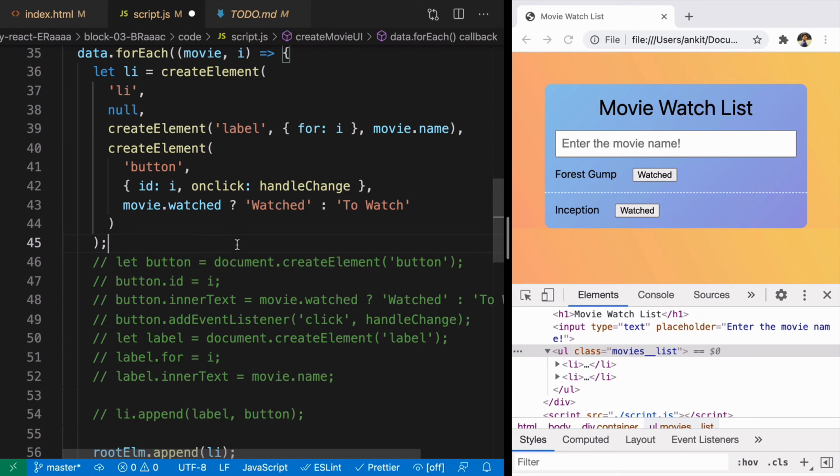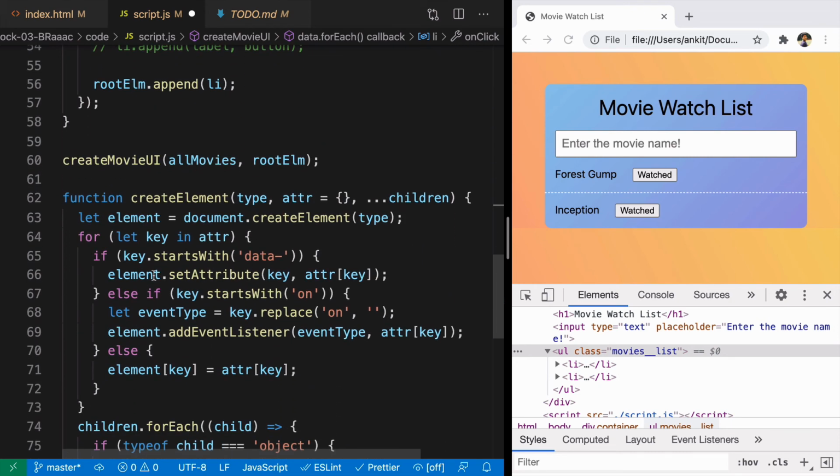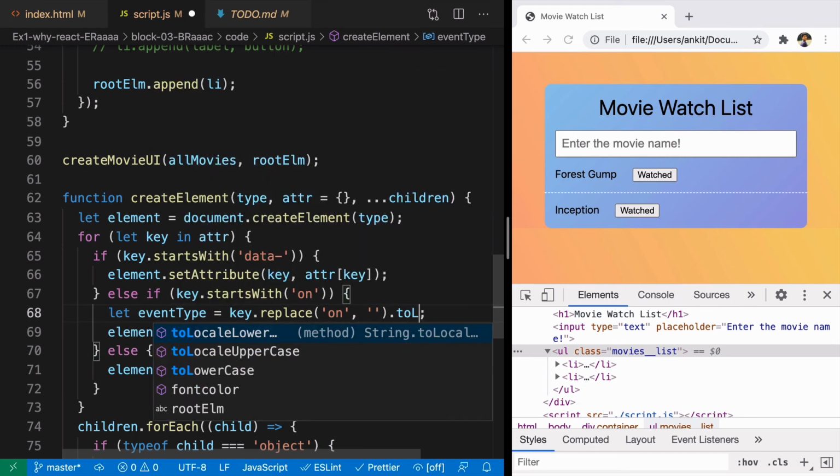One more thing we can do here is on click is not following a camel case. So just to make it look better, we can do something like onClick, and we are passing it like an attribute here. And here what we can do is once we get access to event type by replacing on from that, you'll get Click where C is capital. So we can just say toLowerCase.